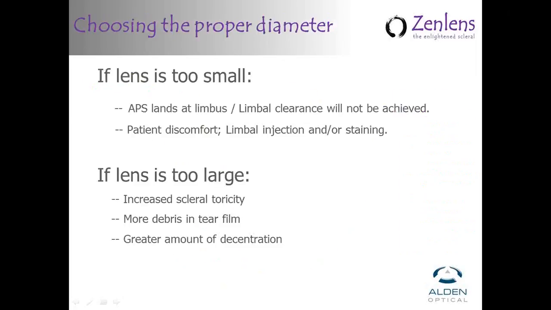Okay, again, if a lens is too small, and let's say we've evaluated a patient and find that their corneas seem pretty typical, or maybe our topographer gave us a number of 11.78 or something, right in that gray zone of which lens do we choose. And let's say we chose a lens that was a little bit small. We're going to find that those dots that are marked on the lens peripherally are landing on or too close to the limbus. What's going to happen then is the patient will have some discomfort. They might have some injection at the limbus. They may stain at the limbus. And again, it just doesn't create the most comfortable wearing experience